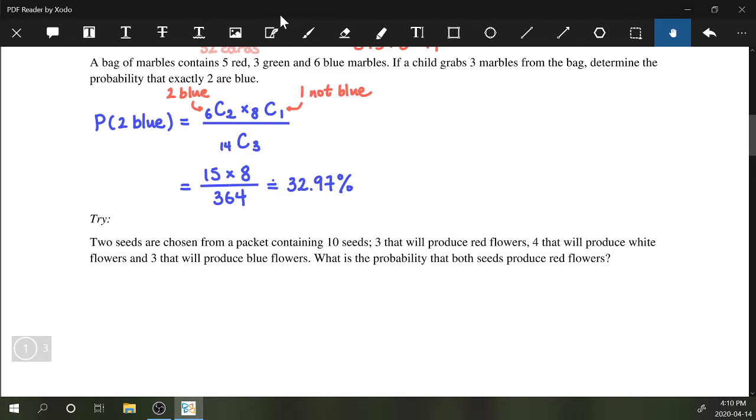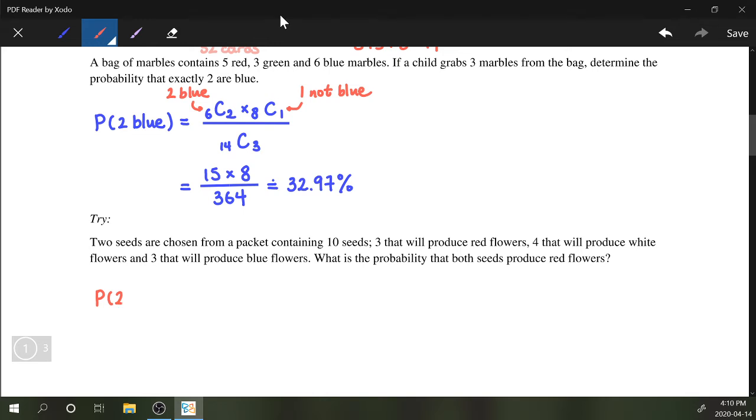Next up, very similar question. 2 seeds are chosen from a packet containing 10 of them: 3 that will produce red flowers, 4 that will produce white flowers, and 3 that will produce blue flowers. So if we want 2 red flowers from 2 seeds, and this is a little bit easier, the probability of 2 red,